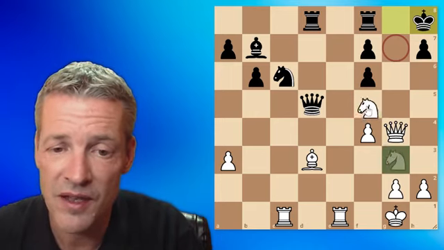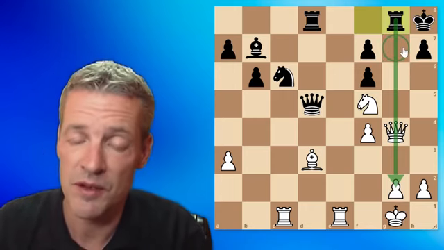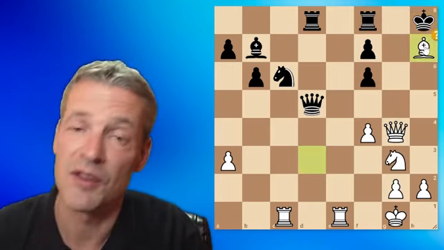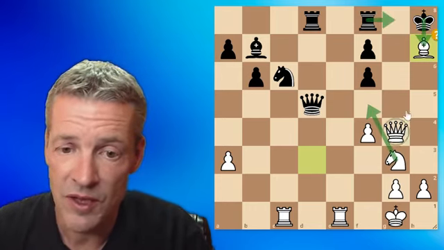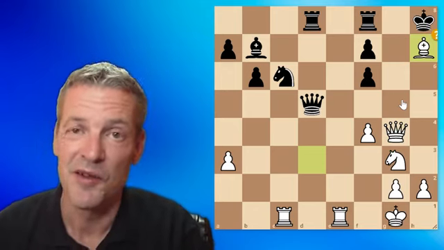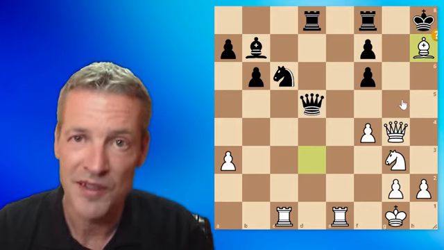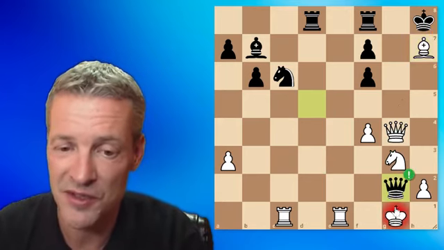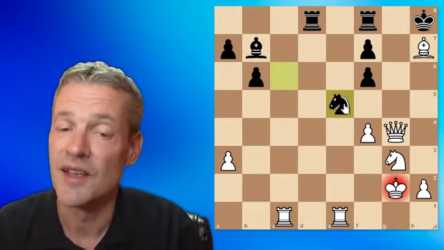If we play something like knight f5, there is rook g8, protecting the g7 square and preparing a counterattack. And if you play something flashy like bishop takes h7, hoping to mate black here after king takes knight f5, rook g8, queen h5, something like that. Actually, black has a very nice resource here. What do you think? This one could have appeared in the chapter about tricks. Black has a little trick here. You got it. Queen takes g2. Very pretty, because in this way, after king takes knight e5, black gets back the material,